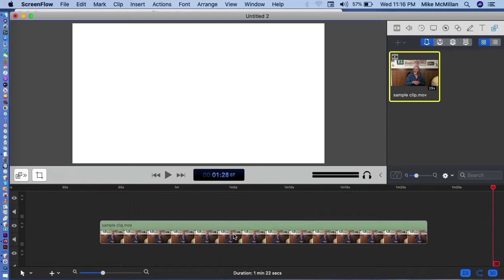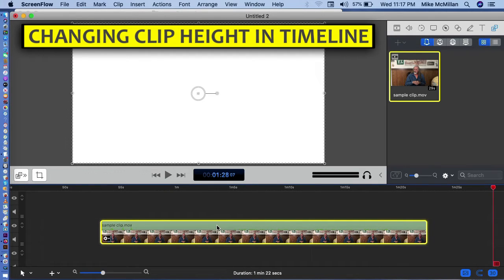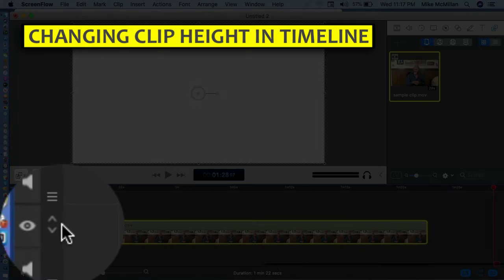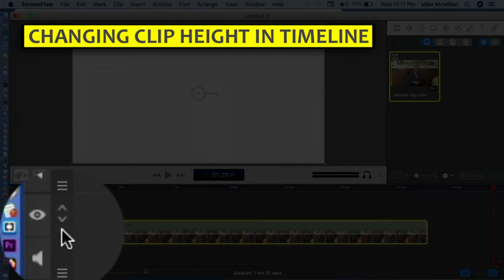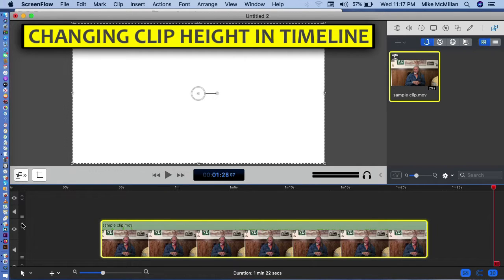Now, once we do that, one of the things I like to do is to highlight this clip right here and come over here, stay in the same track. Don't go up here or down here. In this same track right over here, you can see a little up arrow and a down arrow. And if you click on this up arrow right at the top there, you can see what it did. It made this bigger. It made it taller. It shows up better. And we'll use this setting today because you'll be able to see a little bit better